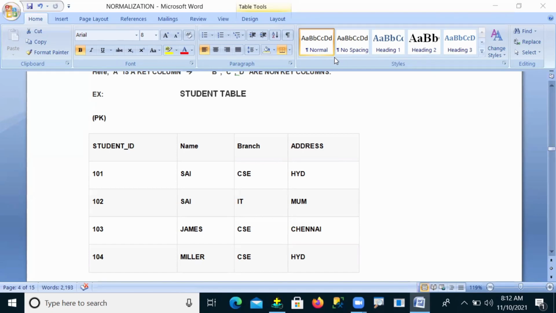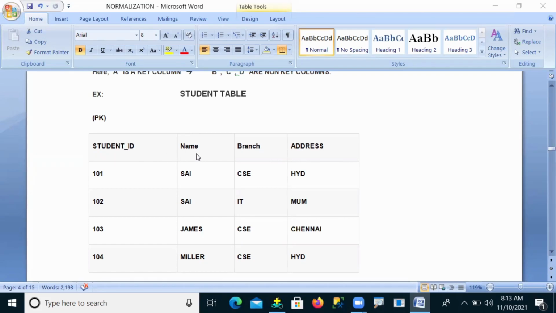Yes. So what we finally understand here is that, with the primary key column as the basis, we can fetch the complete details of a student, of an employee, or of a customer. So in this table, name, branch, address are the non-primary key columns, but all these columns' data I can fetch with the help of the student ID column.